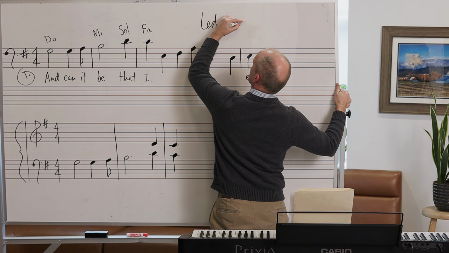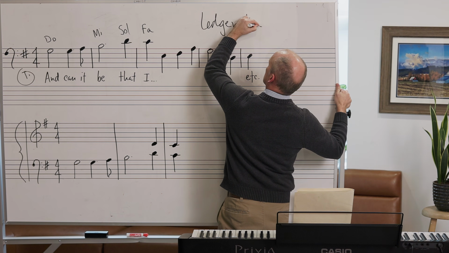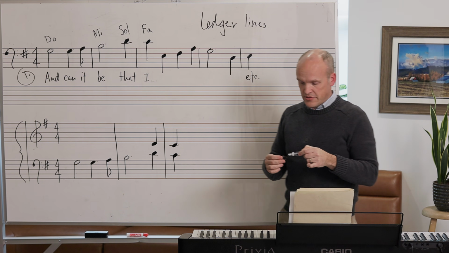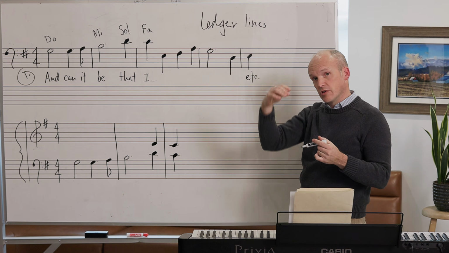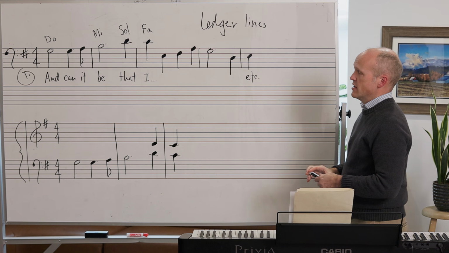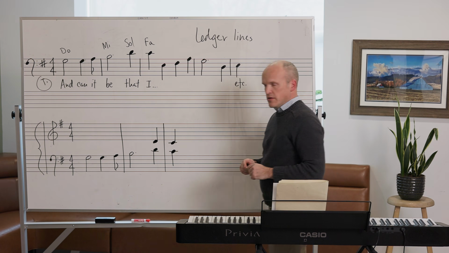Ledger lines. You could think of a ledger line as a scrap of staff that's placed above or below the staff in order to extend it one way or another. Now, if we take the same melody